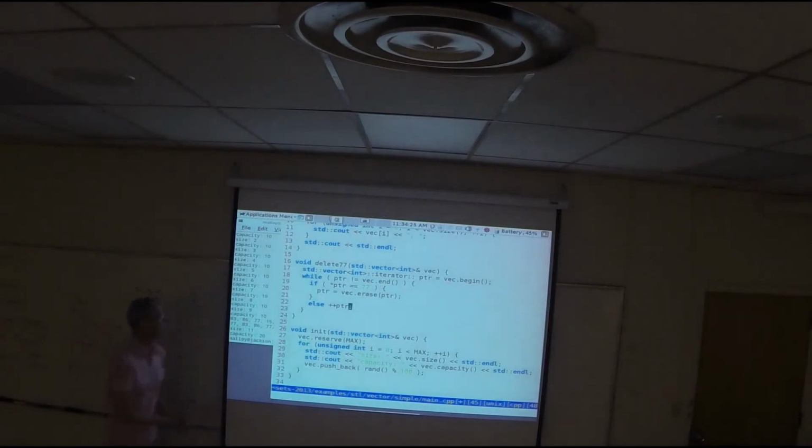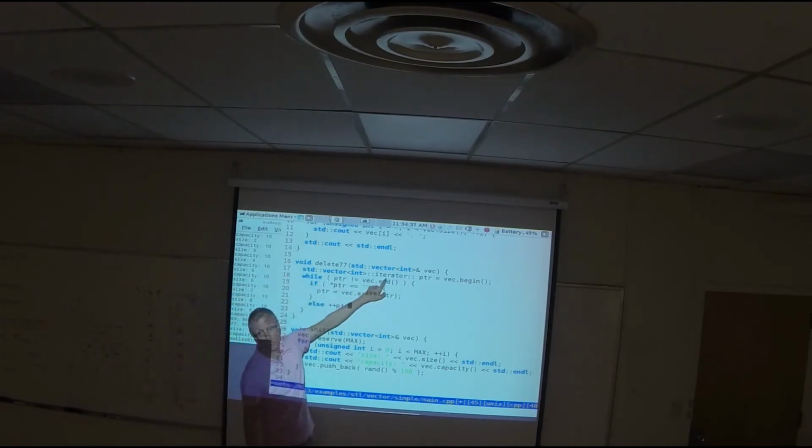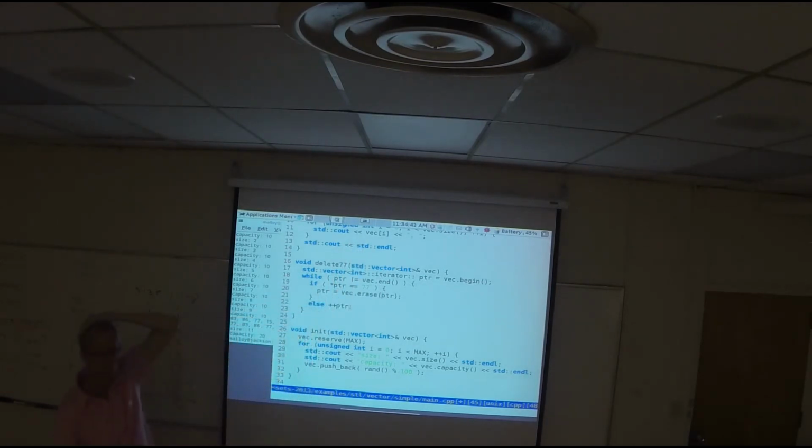Okay, so what am I doing? I'm going to delete 77. So I need an iterator. Because to delete something from a vector, I need to use the function erase, which is a function in the vector class. So what I need to do is use an iterator. I'll actually use this to print too. And I believe it's faster, isn't it? Is it a little faster to use iterators than